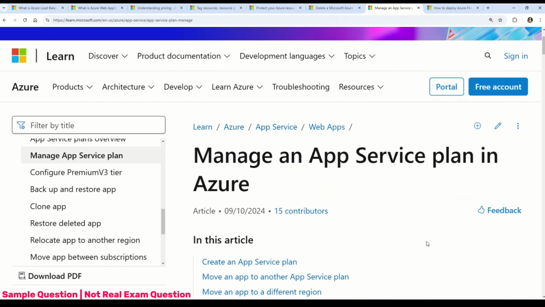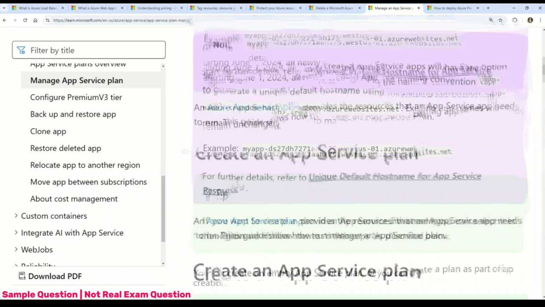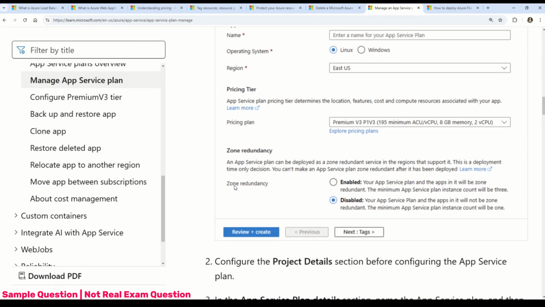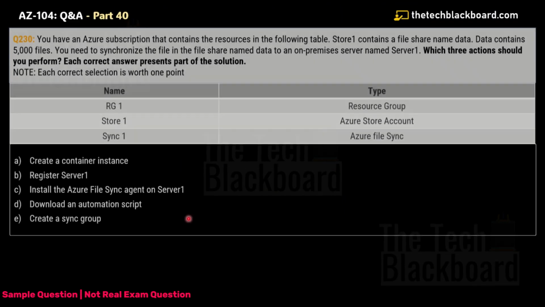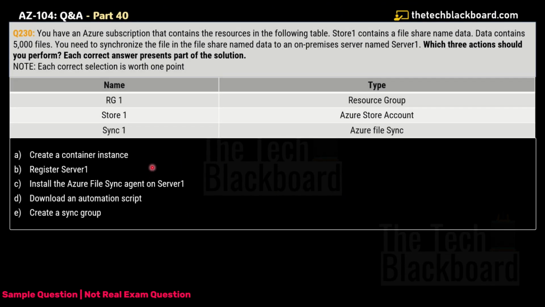And to better understand how to manage an app service plan in Microsoft Azure, this is the documentation you can read. You'll also be able to understand all the concepts that were given in the question and of course understand the answer as well. And with that, let's move on to the next question, question number 230, that says that